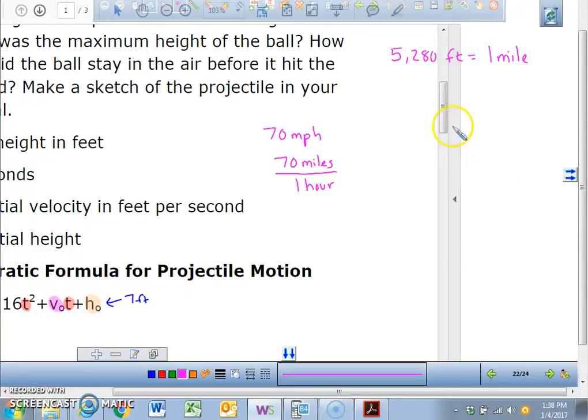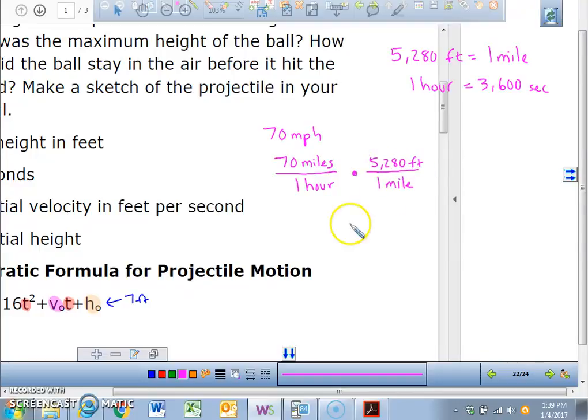However, we also need to do time conversions, and we also need to know that 1 hour is equal to, wow, how many seconds? Close. 3,600 seconds, okay? So we need to change things from what? Miles per hour to feet per second. So we need to get rid of the miles, and we need to get rid of the hours. First thing I'm going to do is I'm going to get rid of the miles, because I know that 1 mile is equal to